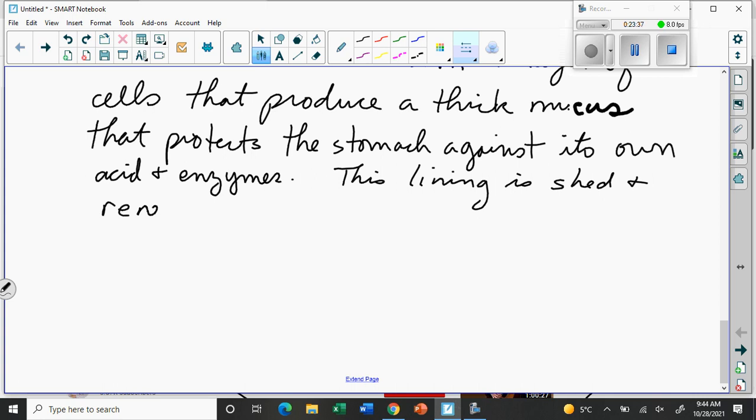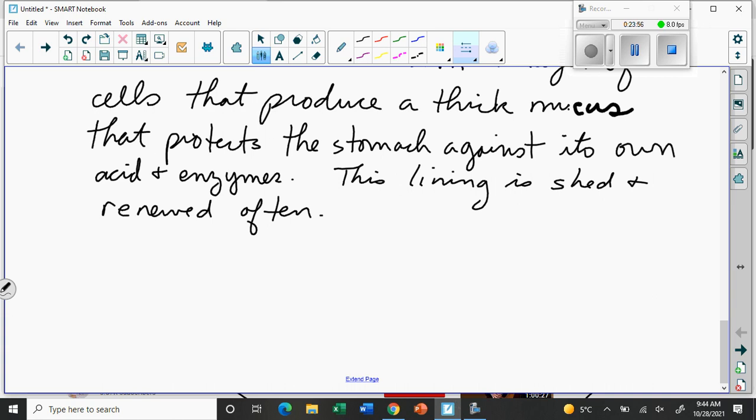Regrown or renewed, often in a matter of a few days. So even with the mucus, it does take a beating, right? It's a dangerous place, the stomach. It's a very harsh world down there. And so the body has to produce this mucus to protect it and then shed the lining and regenerate the